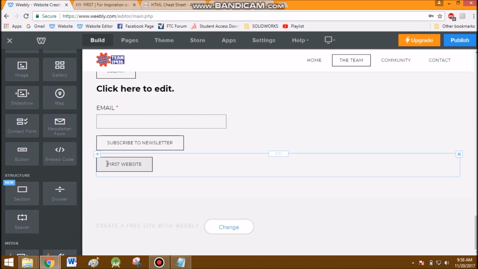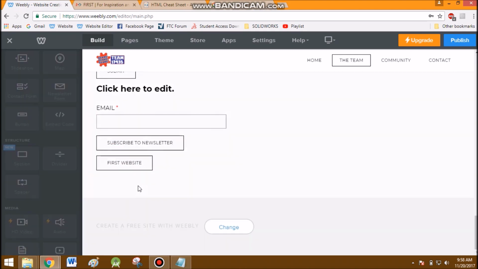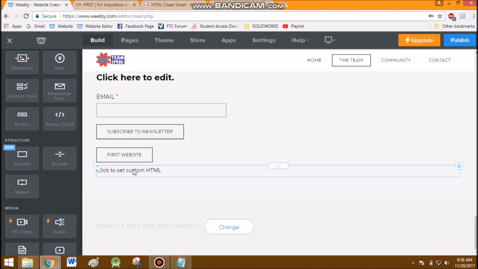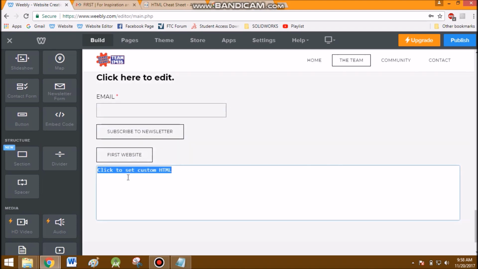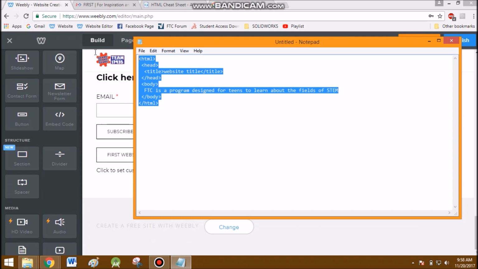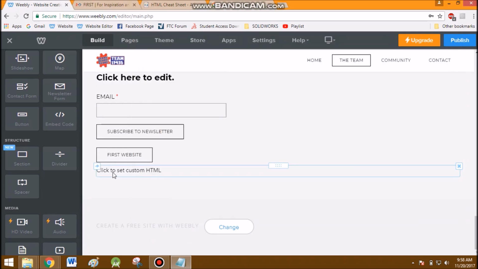That way, if you wanted to say, for more information on FIRST, visit here and here, you could either use a button or a hyperlink. Both of those would work. Last but not least is embedding code. I have never used this because I don't know very much HTML. I've worked with some, but not enough to want to mess with a site and trying to work with that. But just to show you how it works, I did get some HTML off of online just to show you how it works. So we're going to copy that,